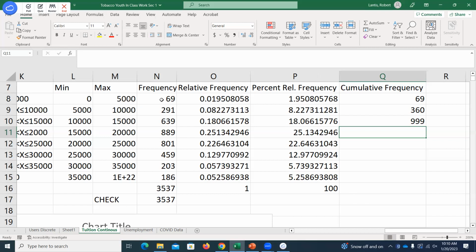We kind of already had here that second bin, we said the cumulative frequency was 360. Right? So what was the difference between the cumulative frequency for that first and that second bin? So this included the number of observations that were between 0 and 5,000, but then it added to that the number of observations that were between 5 and 10,000.